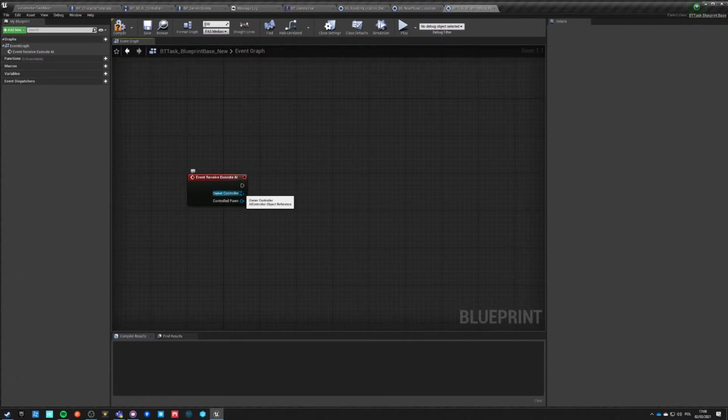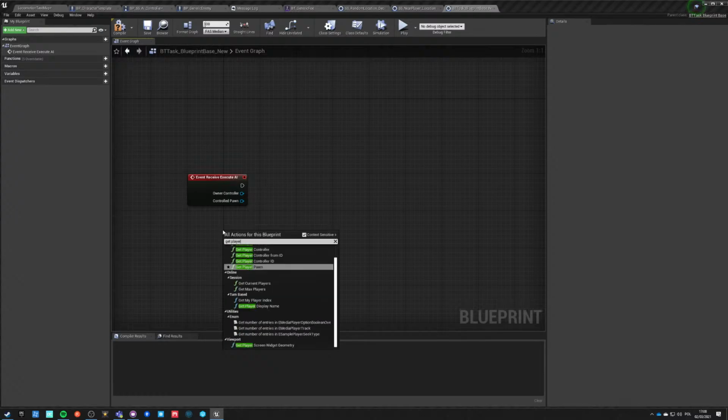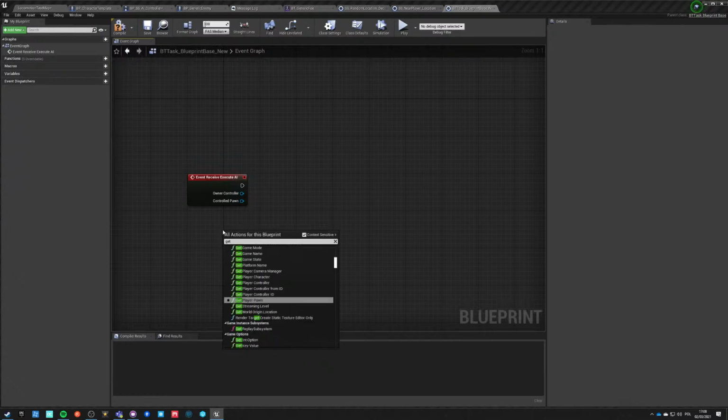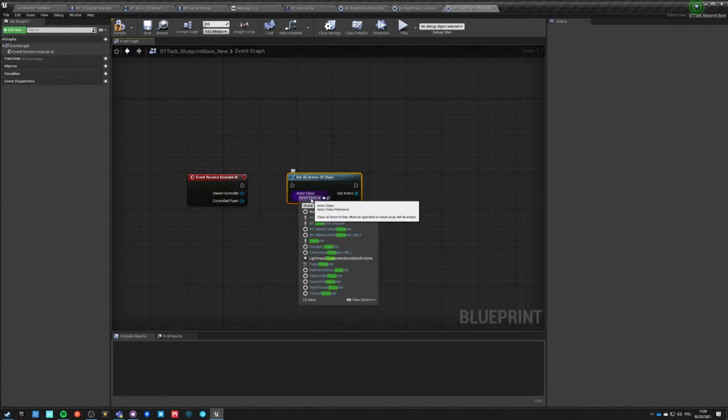And get player, get all actors of class, or we can get all actors with tag, get all actors of class, because we won't be executing this often, honestly, and it will be a character template,